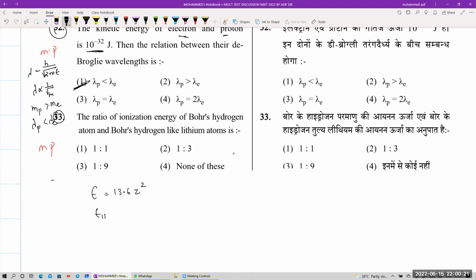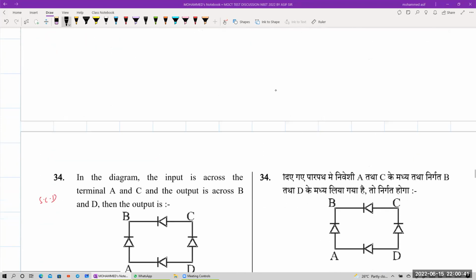So energy of your hydrogen divided by ionization energy of your lithium will be equal to atomic number of your hydrogen divided by atomic number of your lithium का whole square. यानी that will be equal to 1/3 का whole square, यानी 1/9. 1:9. डायरेक्ट क्वेश्चन, बहुत सिंपल क्वेश्चन था वैसे. ठीक है, चलिए